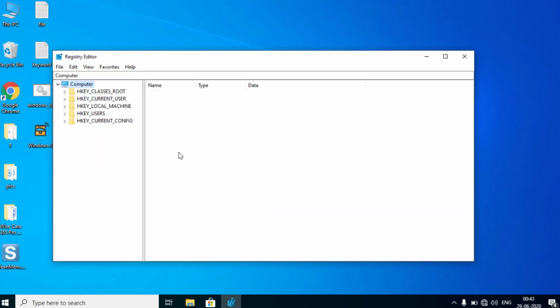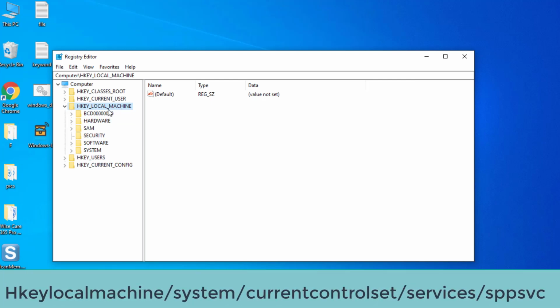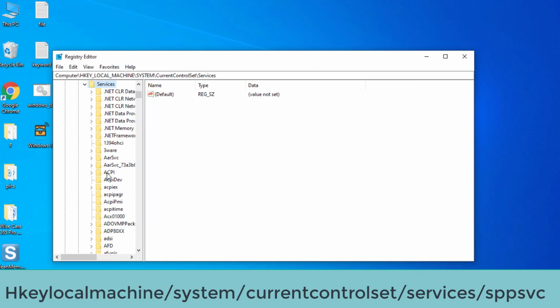Once it is open, you need to locate HKEY_LOCAL_MACHINE and expand it. In HKEY_LOCAL_MACHINE, choose SYSTEM, again expand it, and in SYSTEM choose CurrentControlSet. In CurrentControlSet, again expand it and find Services. In Services, expand it and find SPPSVC, which is causing high disk usage.